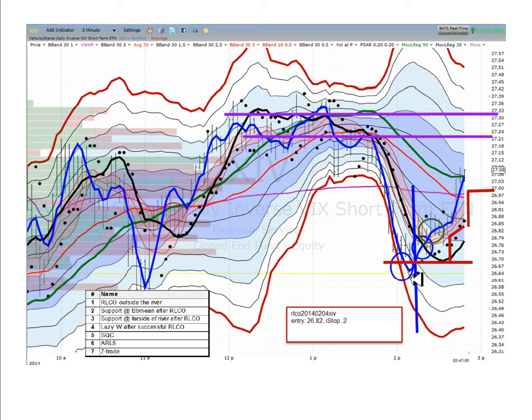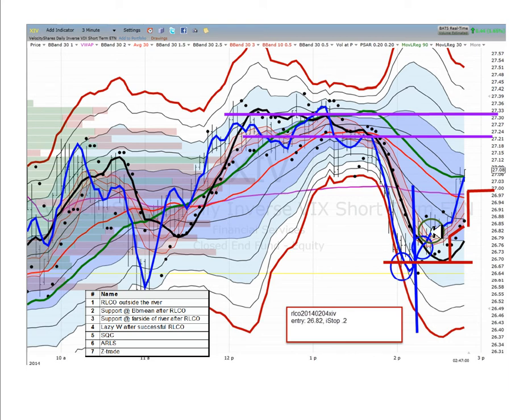You can also see the stretch between the 10 and the 30 period regression line, so potential ARLS, although we like to see a sharper move than that, a bigger gap. But it's certainly a Z-score, and then you have an RLCO occurs here outside the river. I decided to take my entry as it enters the river. This is just bread and butter pattern number one, RLCO outside the river, and entering not later than price entering